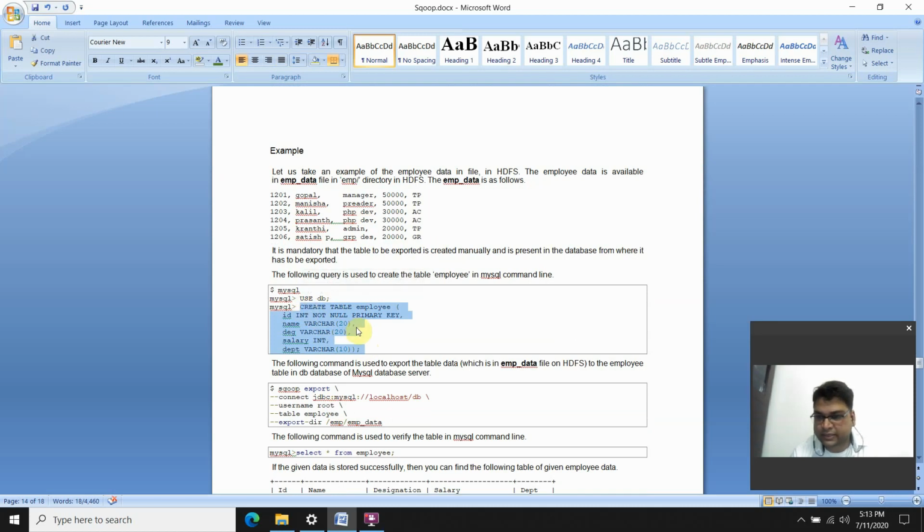The same table should be created in the database. It should exist there, and the structure should be the same as what we are trying to export. So what we do over here is Sqoop export, connection string, root, the table name that we will define, and export directory, employee data.